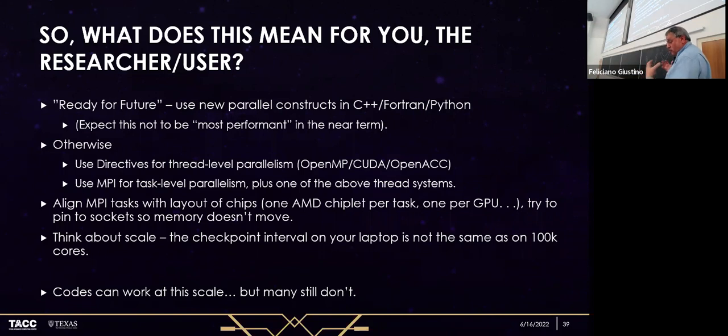But essentially, if you want to be ready for the future in your codes, use these new parallel constructs in C++, Fortran, and Python now. The new Python standard has it. Those will not be the most performant right now because you're relying on a lot of system tools to do things that you could probably do better by hand if you thought about it, but you may be willing to pay that price to not have to do it by hand. If you're not going to go to that mode, and most codes aren't ready to translate to that, or you don't want to rewrite a million lines that the 8 grad students before you wrote,